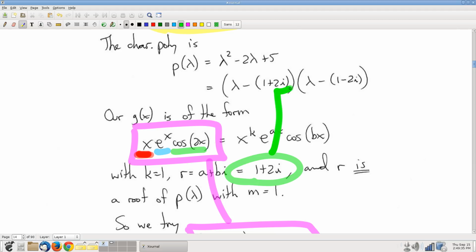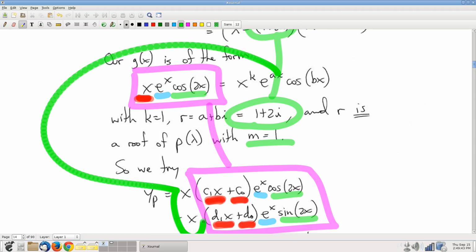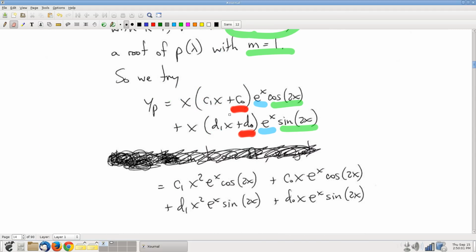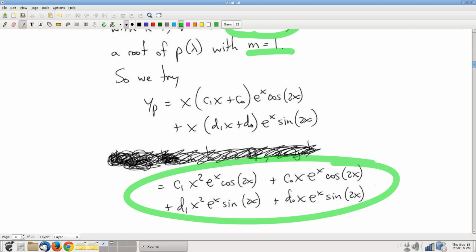R is a root of the characteristic polynomial. It's a root of multiplicity 1, as we just observed. And that's why you multiply all of this by an extra factor of x. Okay, so it's a long and tedious process of figuring out what the right form of the guess is, but it gives us the correct guess. And by the way, here's a rewrite. This is the exact same function. I just distributed the factors of x, like so. But this is the guess that would work in that